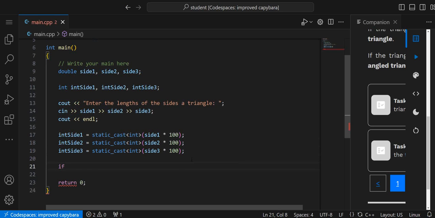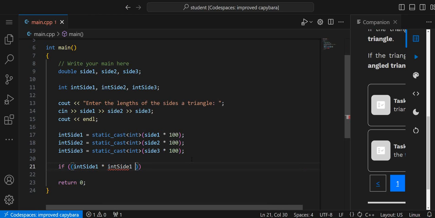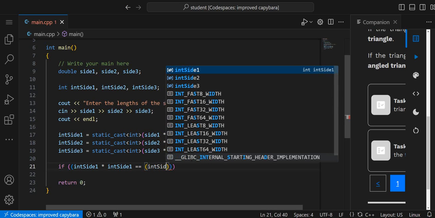If two of these inside one times, so I try to do all this in one line, inside one equals, and let's close out, hold up the third one, inside the space, let's go, inside two